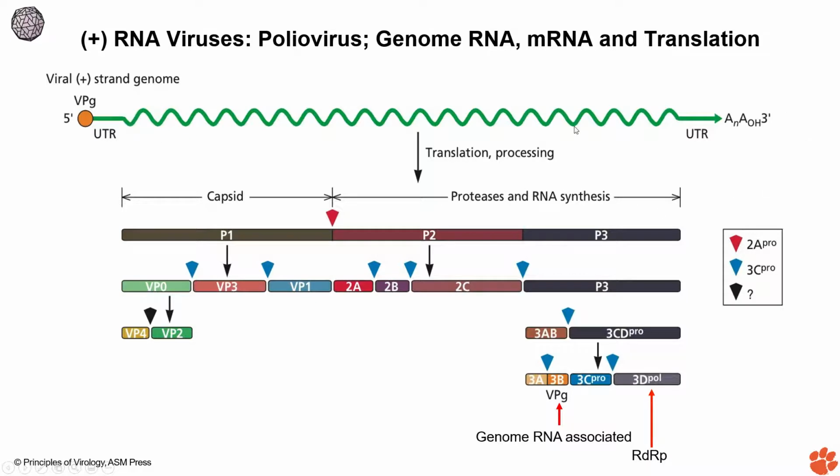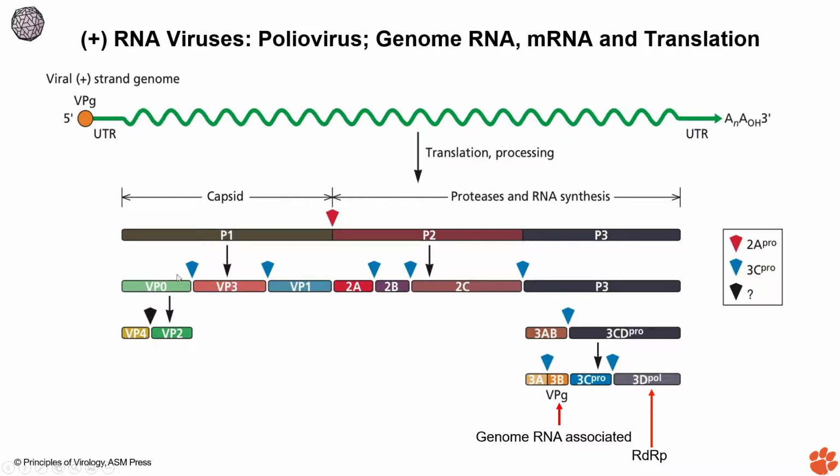So from here to here, this makes a polyprotein, and you can see that you have P1, P2, P3, and these are the proteases. 2A pro, and this is 3C pro, these are the proteases, and they cleave this polyprotein into many different proteins. And this is also known as autoproteolysis. The polyprotein cleaves itself, and this is an autoproteolysis function, and you're going to see that word, so definitely underline that word or write that word. It's called autoproteolysis.